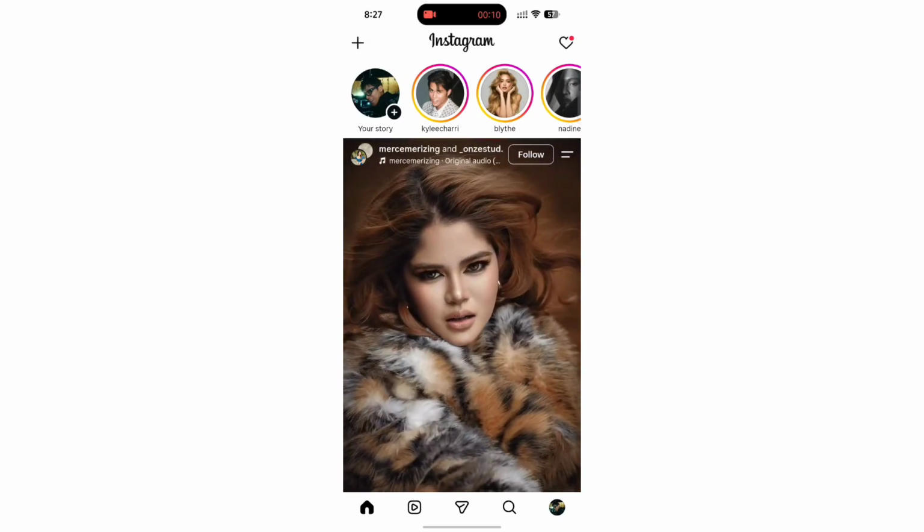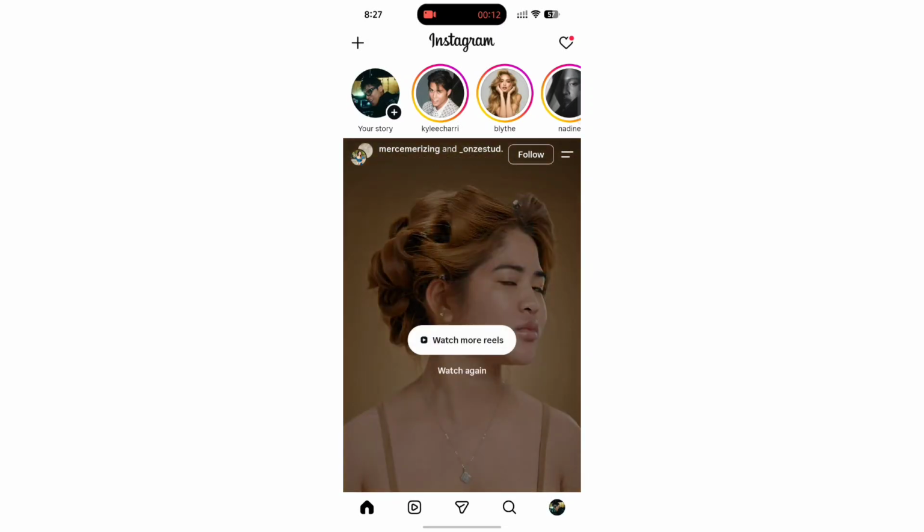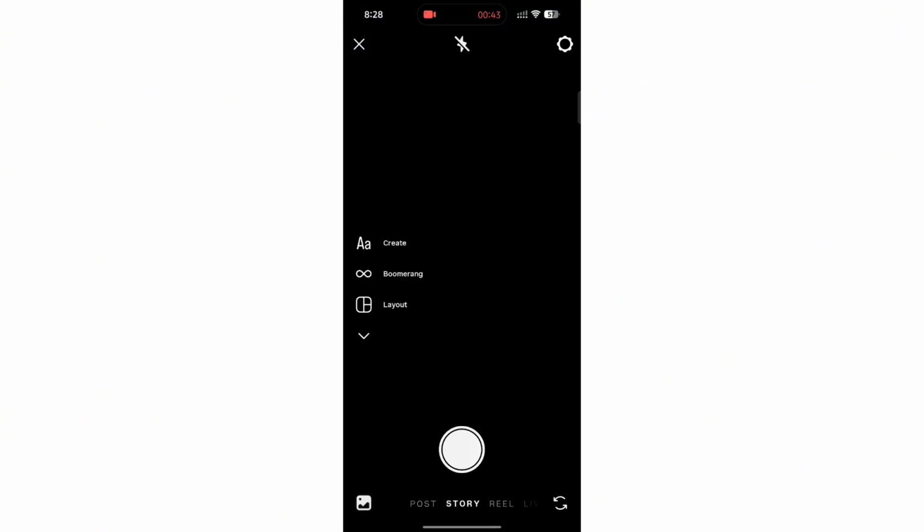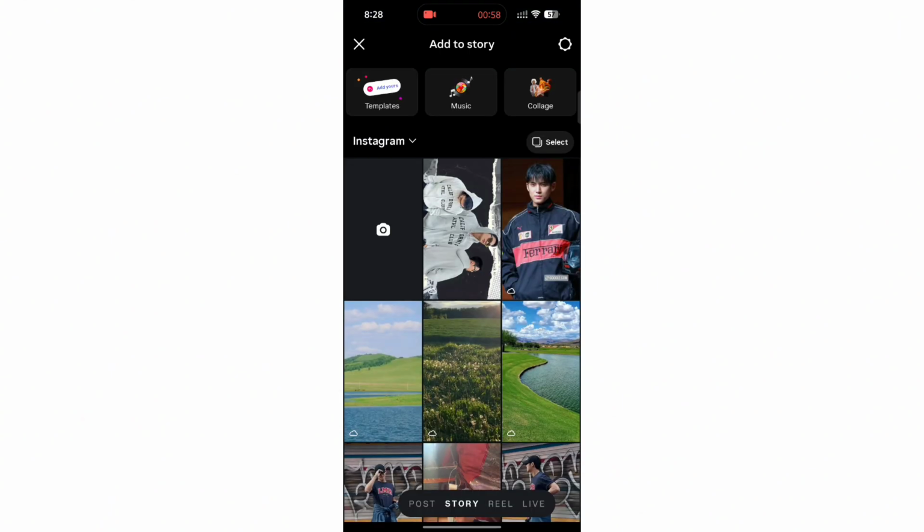So first, open Instagram story. Click on this plus icon at the top left corner of your screen, and that will take you into this section where you can basically find post, story, reel and live. So simply select story from here and then click on your local drive and then select a photo you want